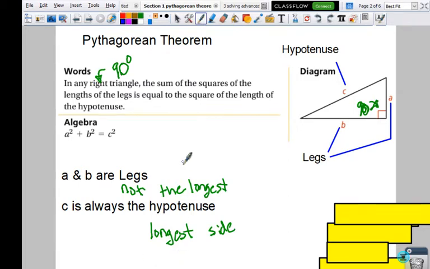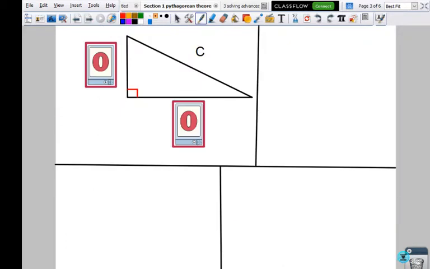So we're going to practice using our Pythagorean theorem, because with it we could find missing sides. So for example,